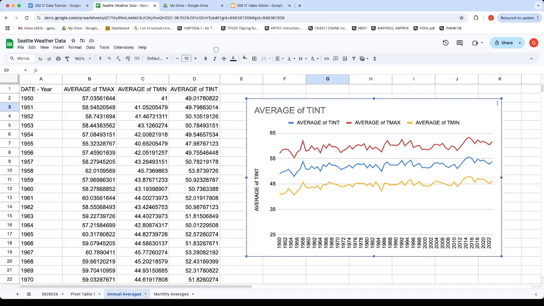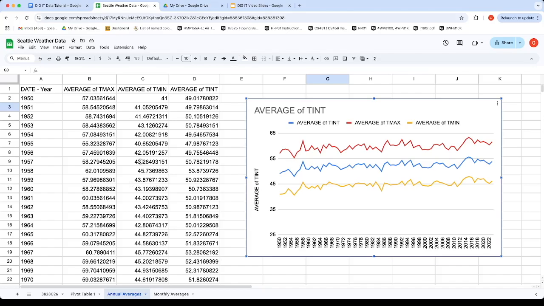And so today we're going to be wrapping up our work in Google Sheets and moving to the CODAP app. And so what we want to do to make that happen is export some of this data as a CSV file so we can then use it in CODAP. And so I'm still in my same Google Sheet. I'm on my annual averages page, and what I want to do is export all of this data as a